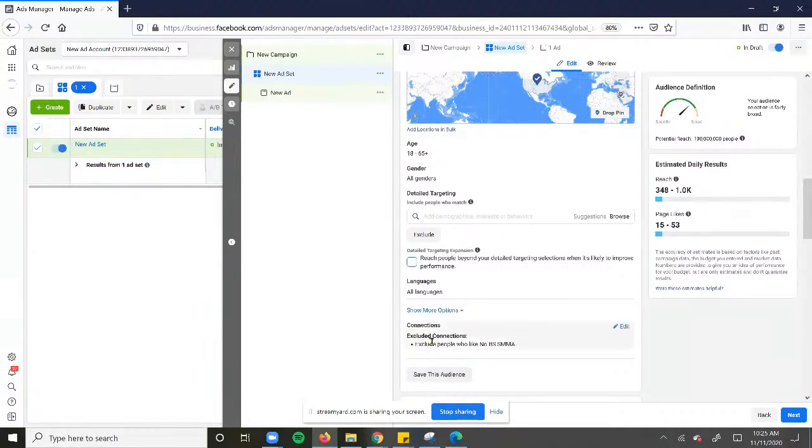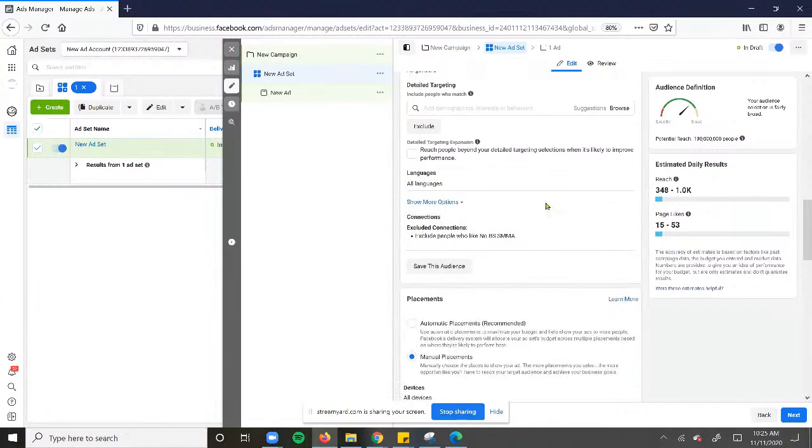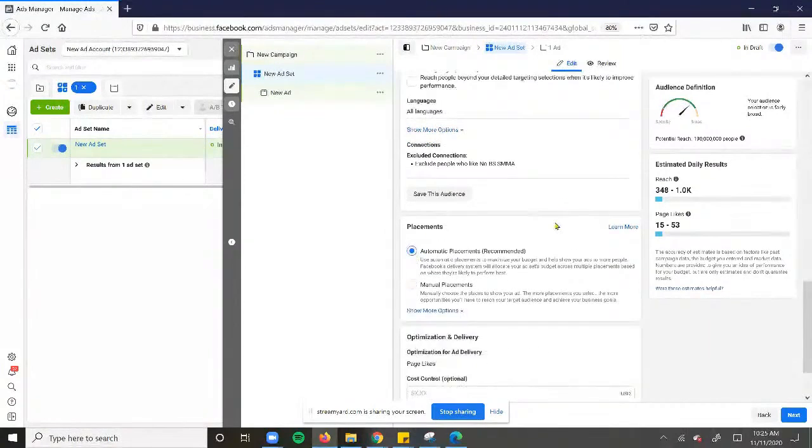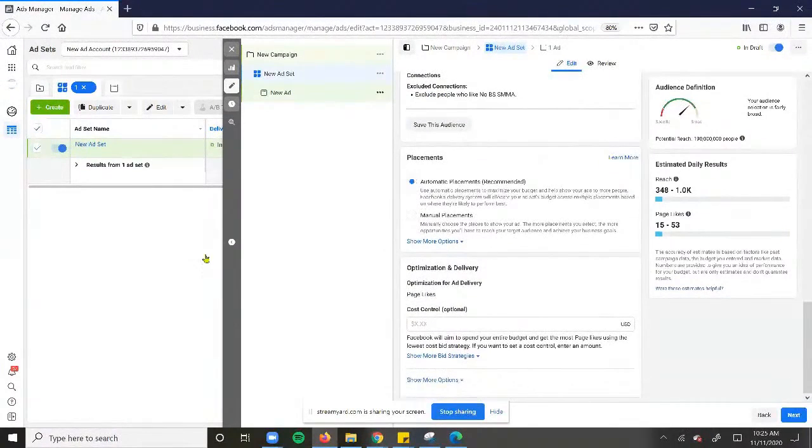And then you can always exclude people that already like the page. So if you're already an existing page, you have a bunch of likes, but you just want to increase that, then you can just exclude this ad from being shown to those people. It doesn't really make too much of a difference usually, unless you have like tens of thousands of likes or something. Automatic placements is what we're going to do here. And then the next part,